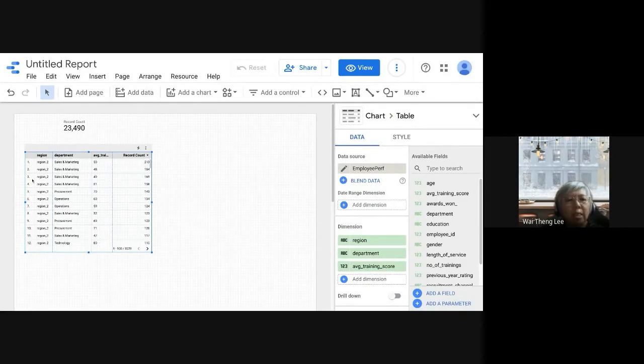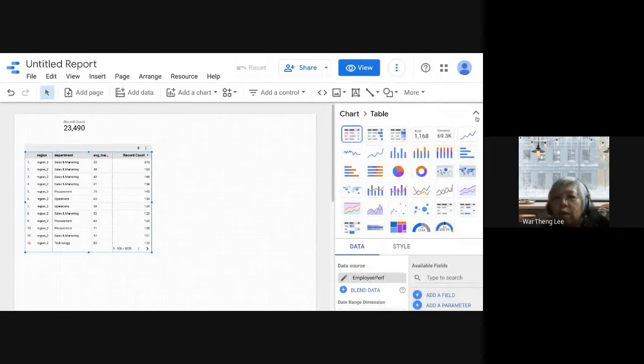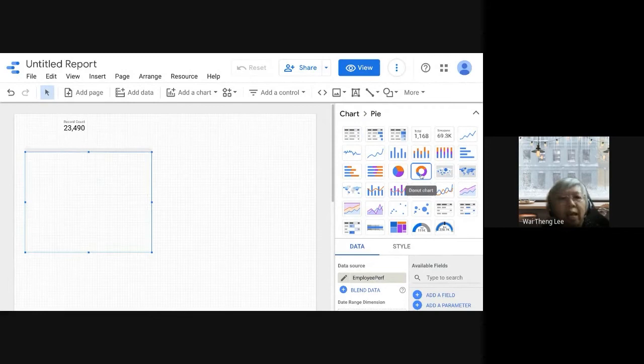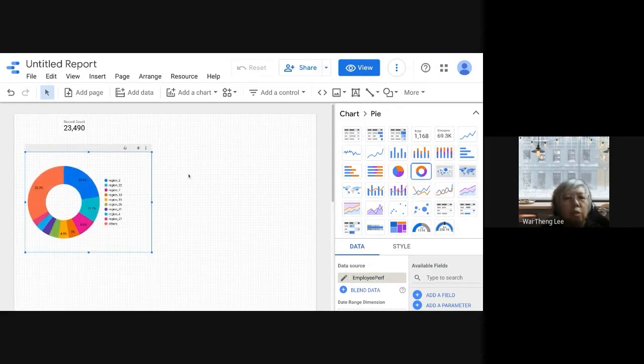Okay, so I say it's like this. I want to know, by region, what is the distribution of employees in each department, because this one is not very meaningful, right? So maybe I say this chart is not very nice, so I choose a different one. Maybe I'll make a donut. So this donut is by region. Maybe I say I don't want by region; I'll tell you why later on. I want it by